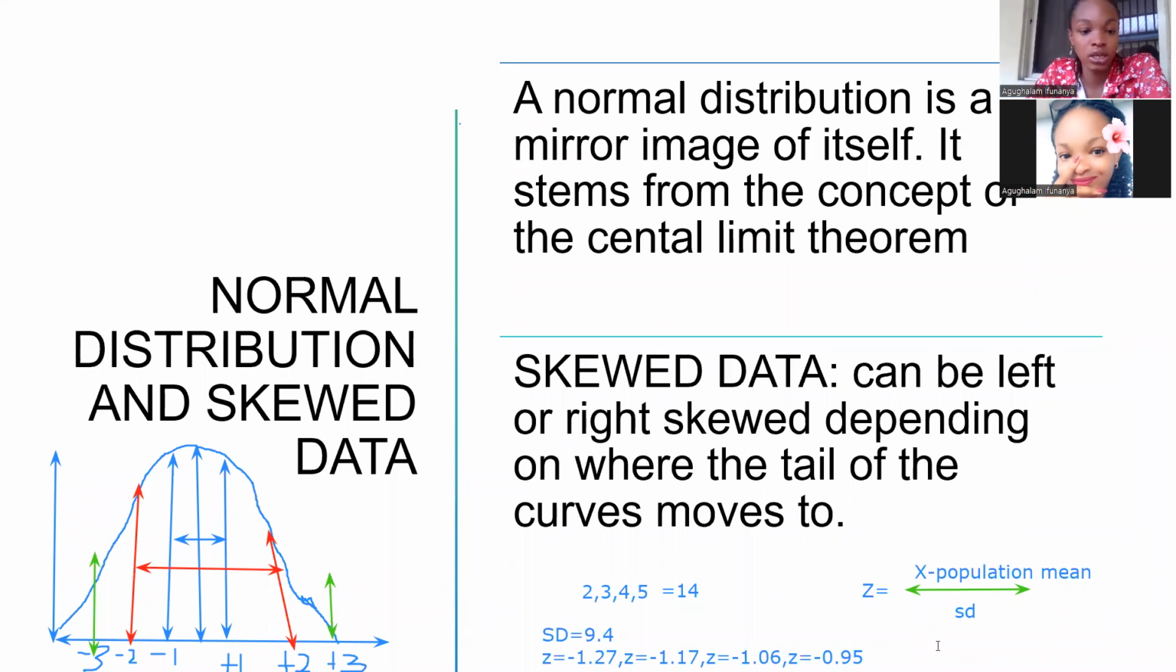Okay, so basically that's that for standardized normal distribution. Remember I said the z-score is only used in normal distribution. Then for the skewed data,